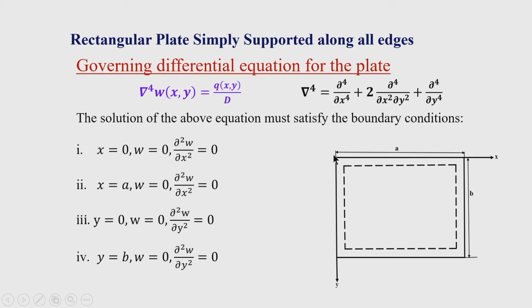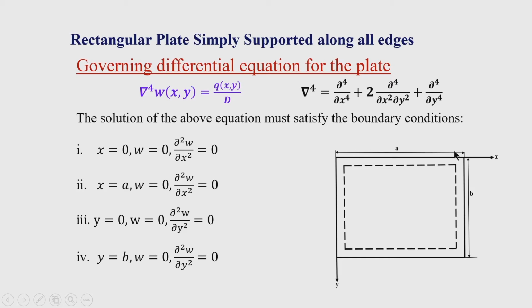Since bending moment is 0 here and bending moment contains curvature in two directions in general, let us look at this edge. It is supported along the x equal to 0 edge, that is along the y axis. So, there cannot be any curvature along the y axis at this edge. Therefore, the second term, del square w by del y square, which is multiplied by mu, does not exist. Hence, the boundary condition at this edge x equal to 0 becomes w equal to 0 and del square w by del x square